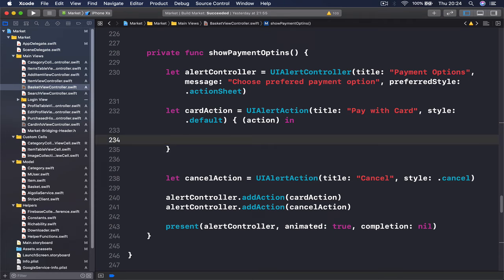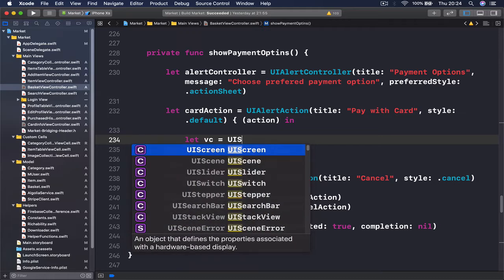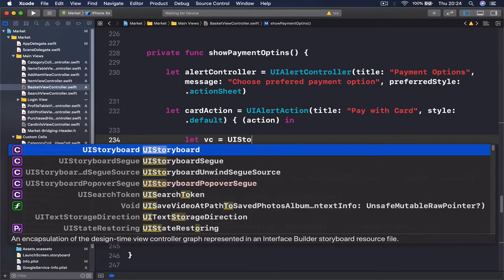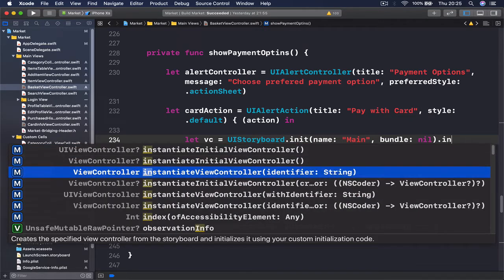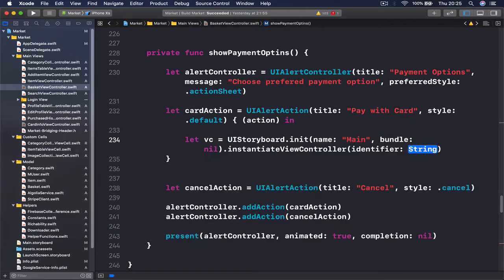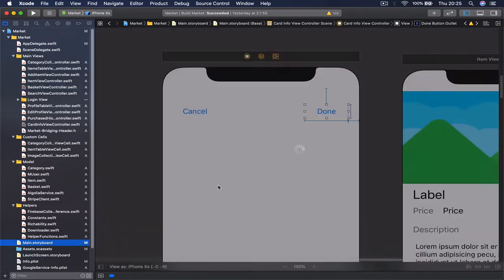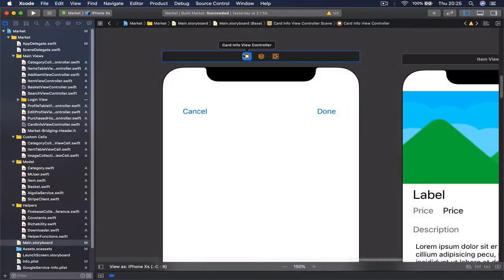And here I'm going to create the view controller that we want to show. So say let VC equals, and we are going to access our UI storyboard, and we're going to instantiate it with the name main. Bundle is going to be nil, and then we say instantiate view controller with identifier. And the identifier, we haven't given our view an identifier, so if we go to our main storyboard, make sure